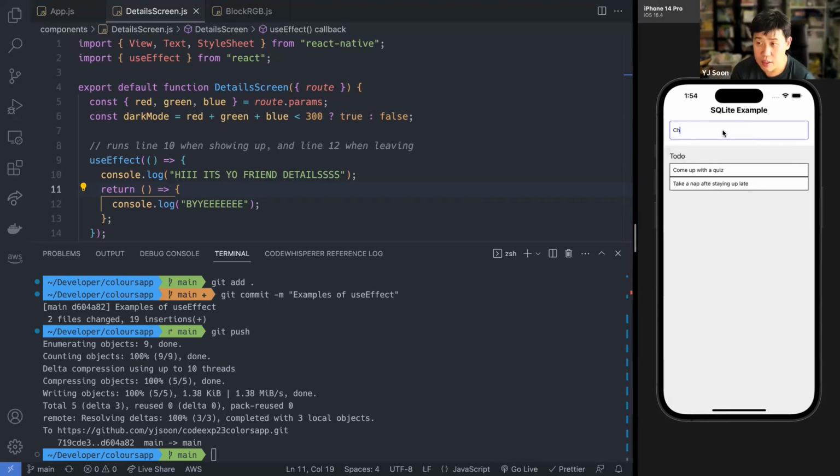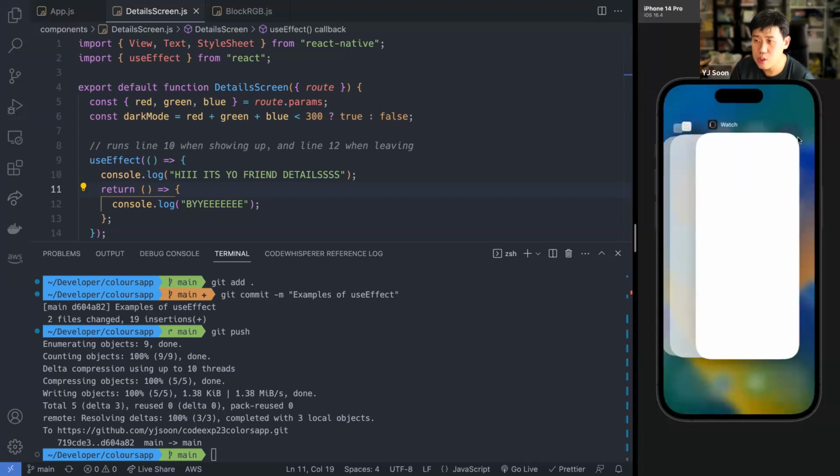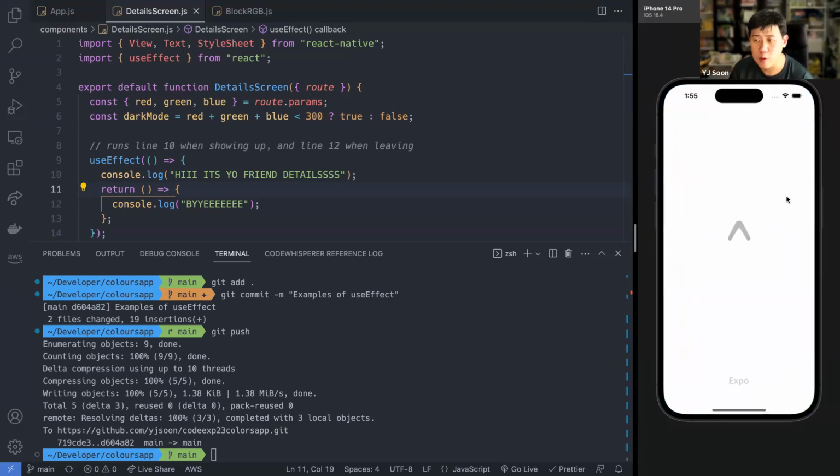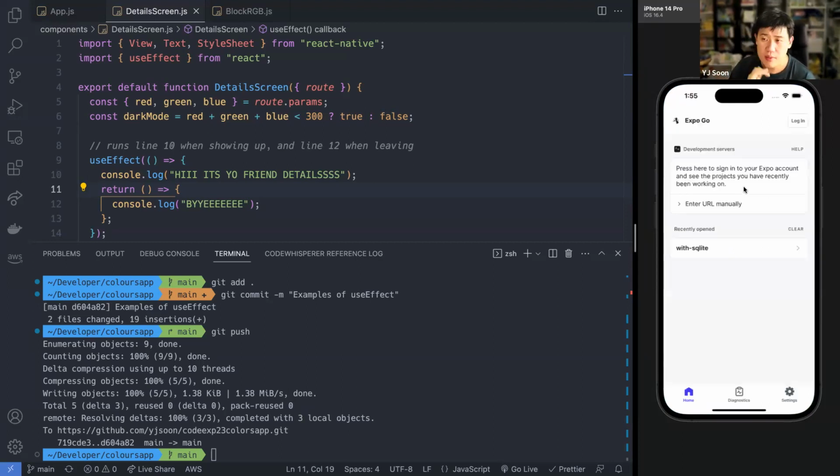So check if this data persists. I'm going to try checking if it persists. I'm just actually going to quit the app and swipe it off screen. Those of you who use iOS, you know what I'm doing. I'm just killing the app and reloading it from memory. Let's see whether it actually persists, because it's within an Expo app. I'm not 100% sure that that will work, but let's just try.